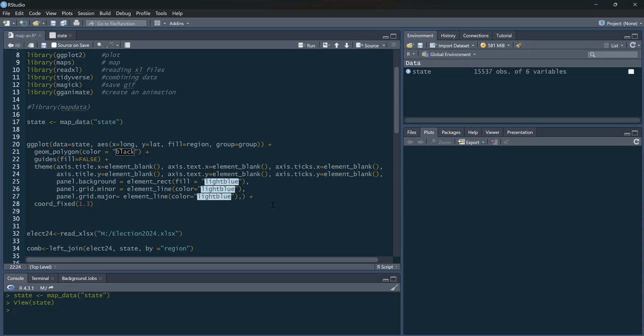And then I'm just going to do some cleaning up. I'm going to get rid of the labels on the axes, no axes ticks. We don't need labels of longitude and latitude for our map. Panel background, I'm going to do light blue, so this is going to give a light blue background behind the map of the US. And then I've also made the grids, minor and major, light blue as well. So this is going to give me a nice square, so it's not going to have any lines cross-hatching on it. And finally, this gives us a nice aspect ratio, 1.3 for our US map. So if I run that,